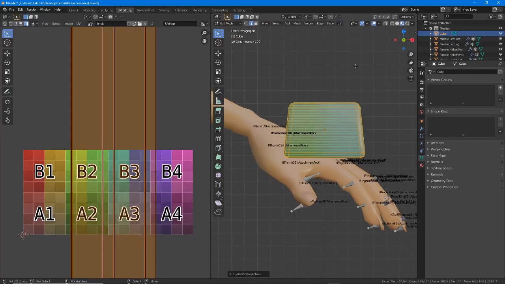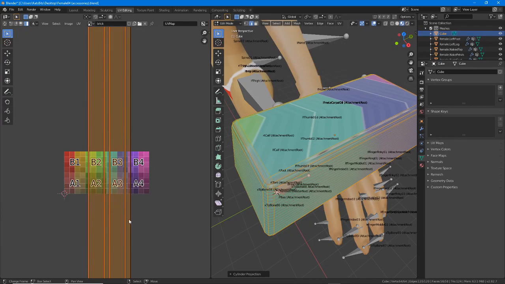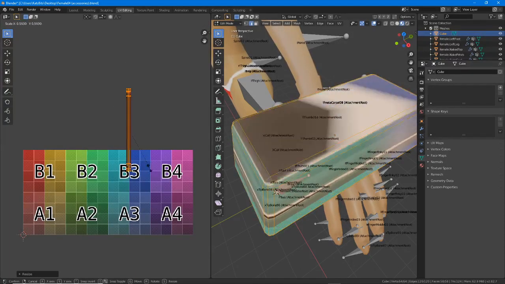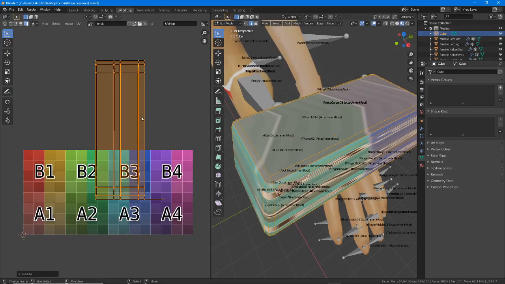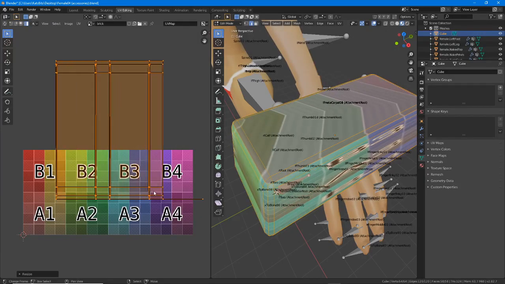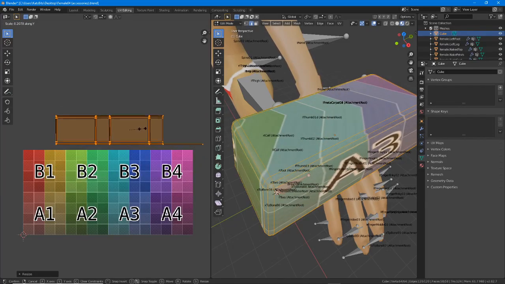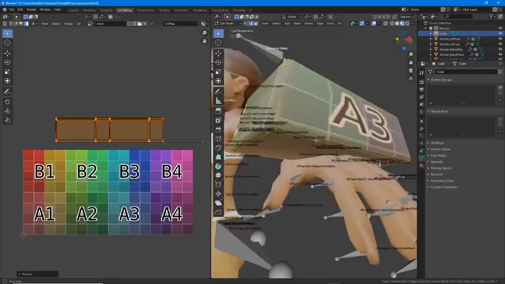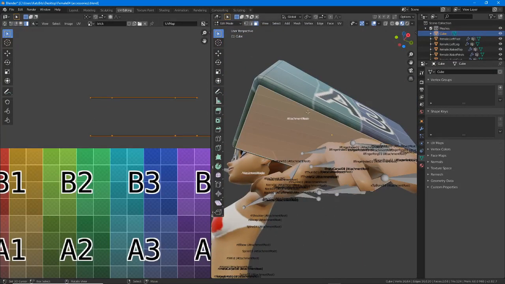So we could do cylinder projection, which does a similar thing to box, but creates a cylinder, but that has its own problems of texture stretching